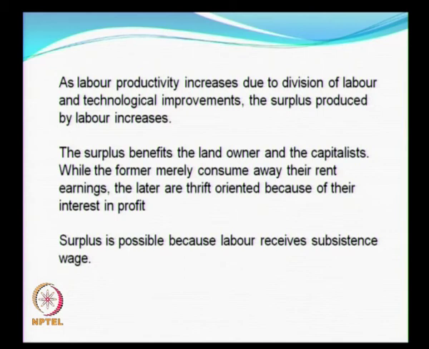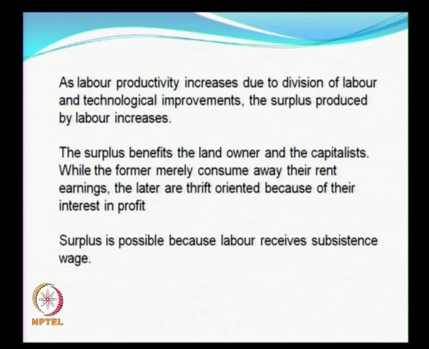So the rest is surplus. In Smithian system, part of the surplus went to the capitalist, part of the surplus went to the landlords through rent. And Smith says the landlords are not great guys for the growth of the system, because they get their money and spend it and have a great time,